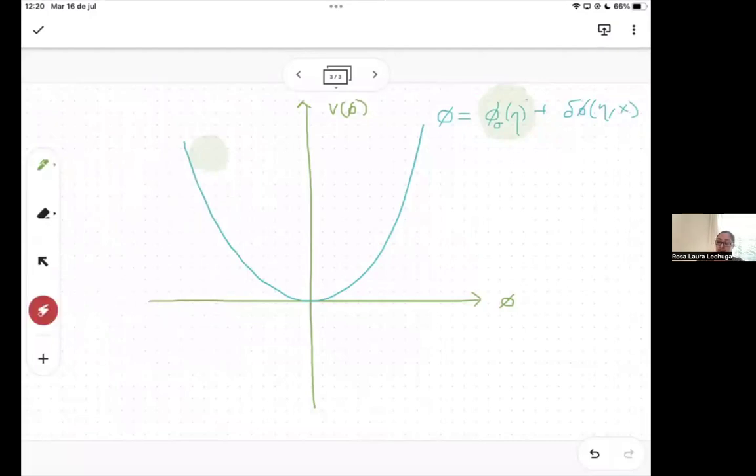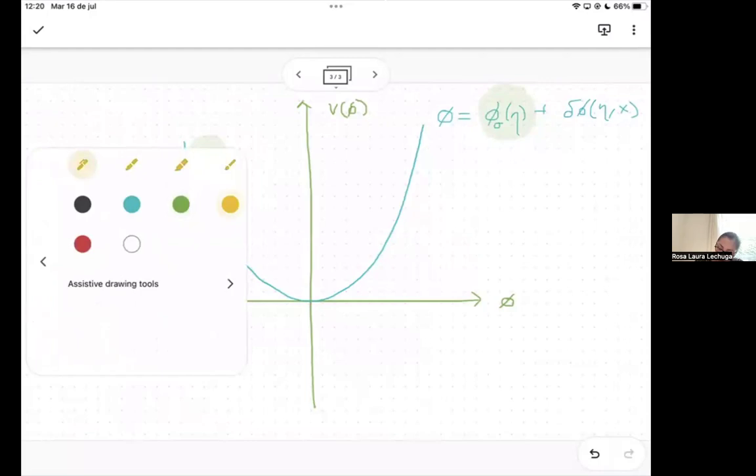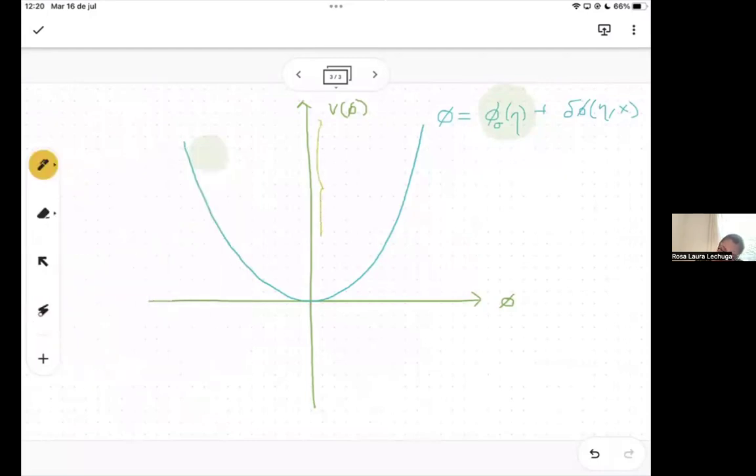And you can think that the behavior is like a particle rolling down this potential, because you can see that this potential plays the role of a cosmological constant. But it's not exactly a constant,